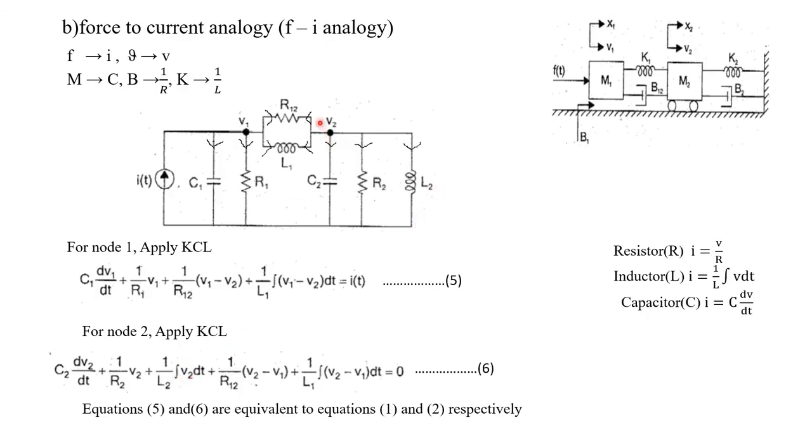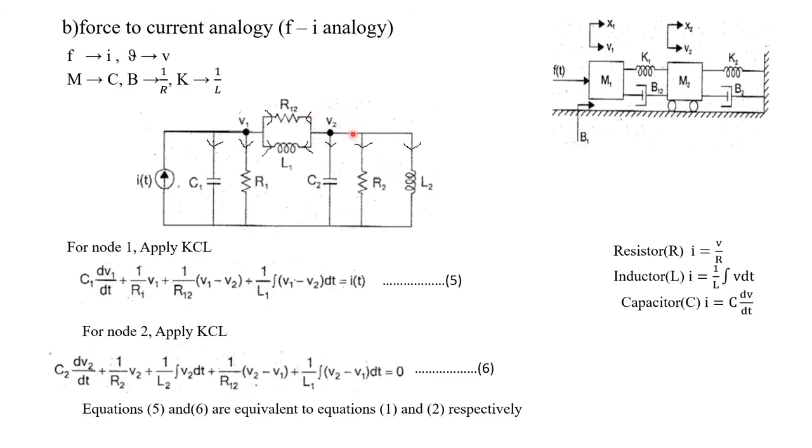Next is the current flowing through this R12. What about the current through R12? The current flowing through the resistor will be V by R. So here, what is V? The voltage drop across this R12. For this R12, we have to consider this direction. V2 is at higher potential and V1 is at lower potential. So the voltage difference will be V2 minus V1 divided by R12. Understood? Or 1 by R12 into V2 minus V1. While writing the current equation here, this V2 should come first, because we are writing the equation for